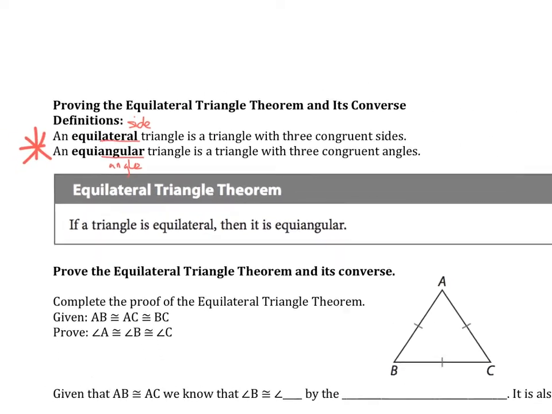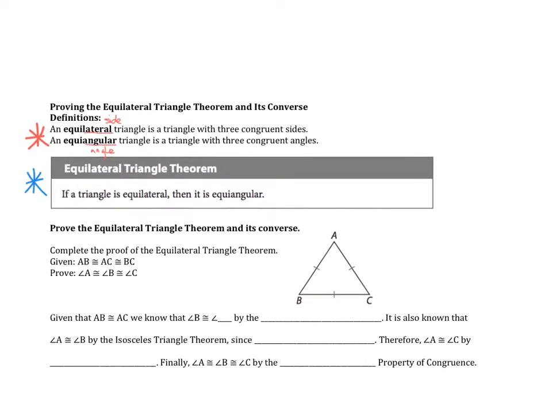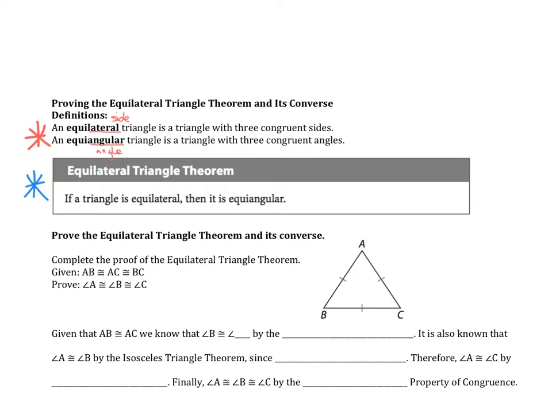And so an equiangular triangle is a triangle with 3 congruent angles. So our equilateral triangle theorem says this: if we can tell a triangle is equilateral, then it is also equiangular. And so to prove that,